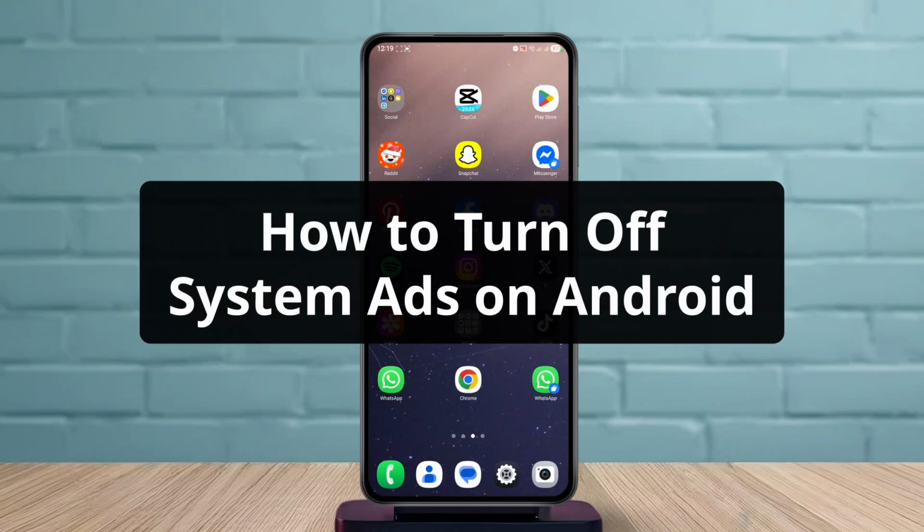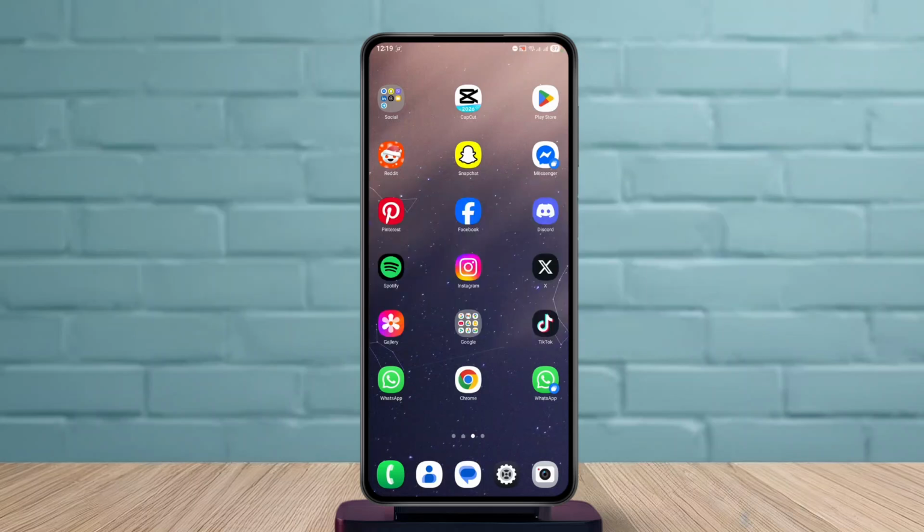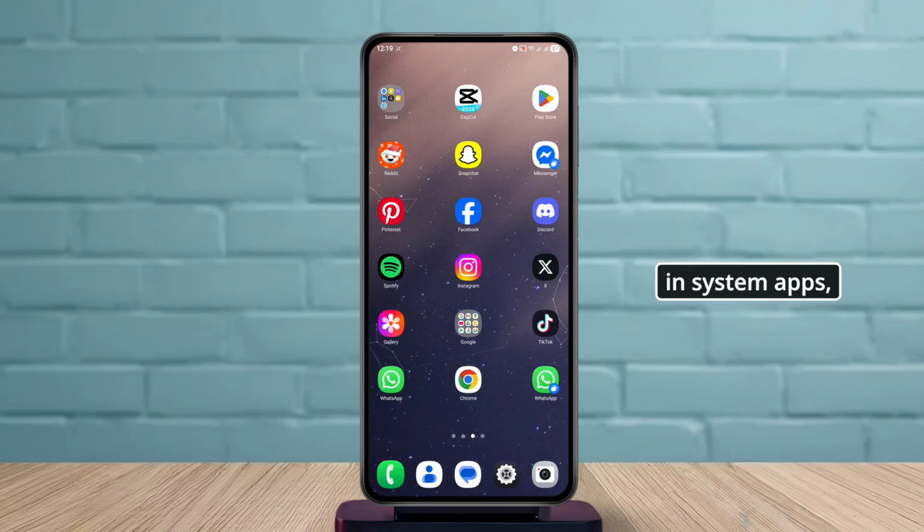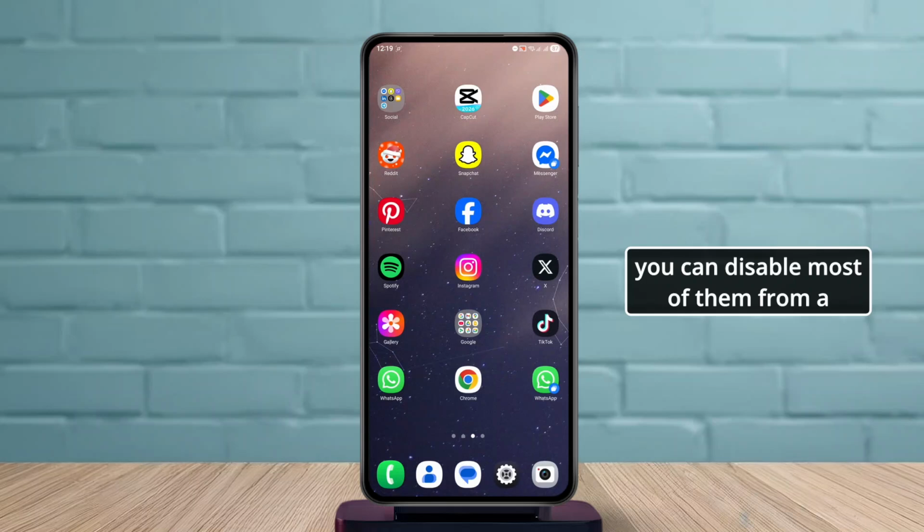How to turn off system ads on Android. Hey everyone, in this tutorial, we're gonna see how you can easily turn off system app ads on Android. If your Android phone shows you ads in system apps, notifications or settings, you can disable most of them with